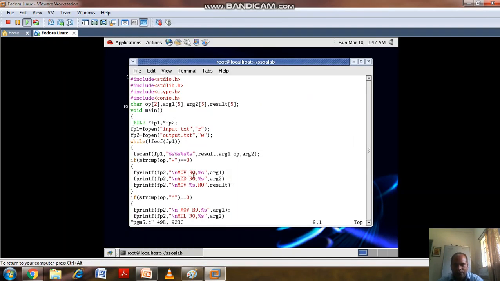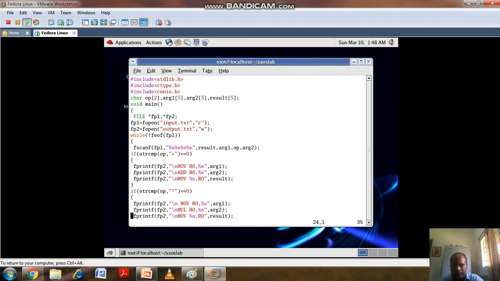Like that we are going to do it here. The value of argument 1 will be loaded to R0. Then the value of argument 2 will be added to R0, and the content of R0 will be stored in the result variable.